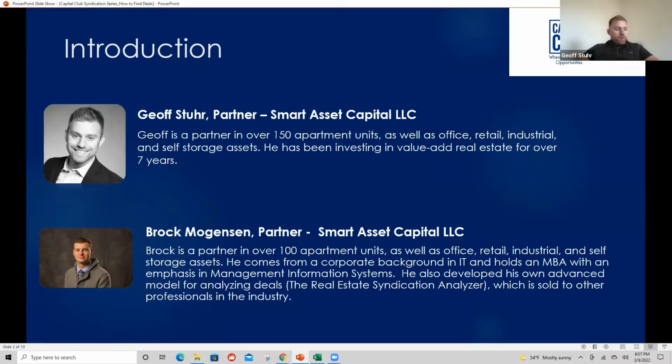I worked my way up through fix and flips and duplexes, and then we moved into bigger apartment buildings when we started raising capital from investor partners. We've done deals across a number of different asset classes now: office, retail, industrial, self-storage, and we're closing on another deal next week, an industrial triple net lease deal. So we're excited about that.